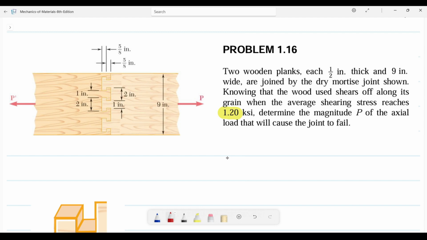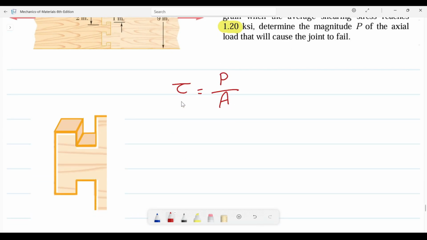Let's write the basic formula we have for shear stress. Shear stress is equal to force or load divided by area. And here our area is this part,